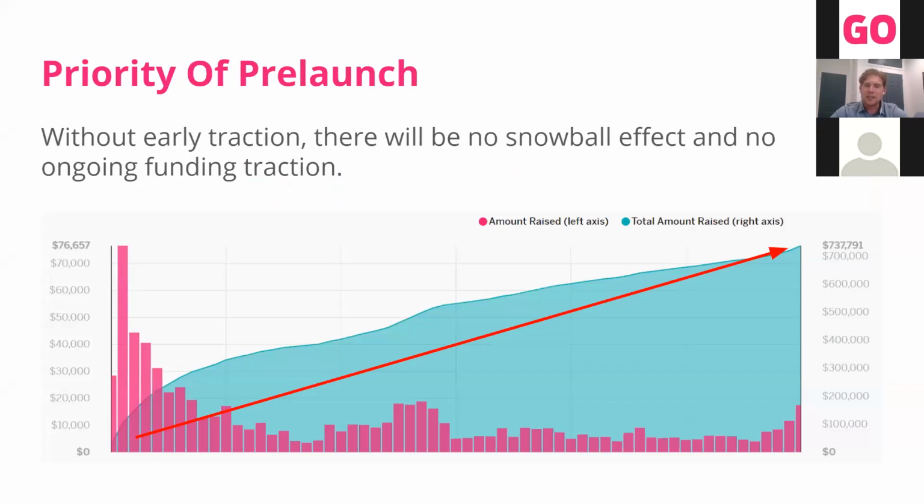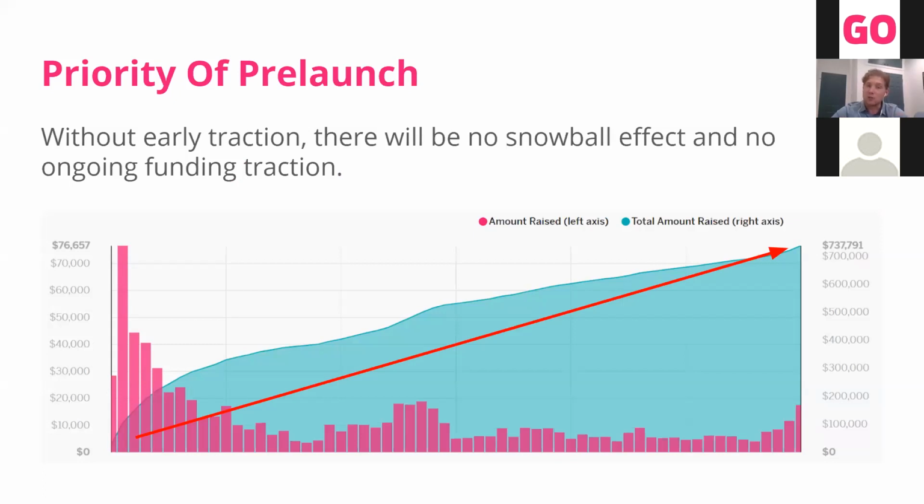And here we see that snowball effect across the duration of a 60-day campaign. This is a campaign that we launched last year, towards the end of last year, I believe, and maybe early this year, and you'll see they had a super strong first couple of days. That first couple of days gives us the social proof that people are not eating in an empty restaurant. If they show up to this campaign on day 3 and they see $120,000 already raised, 1,000 backers already participating, there's credibility to that. There's proof that this is a concept, and this is an exciting concept that many people want to be a part of.